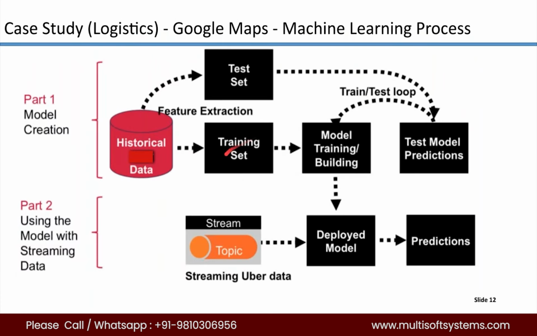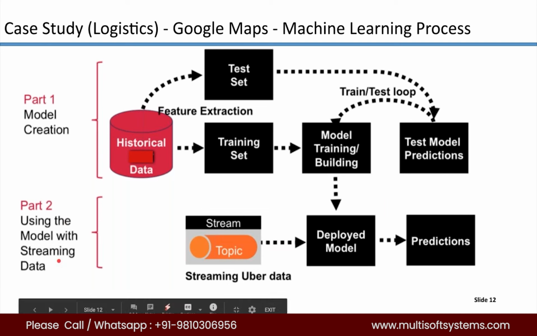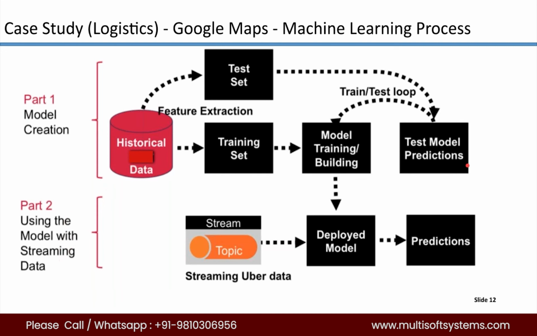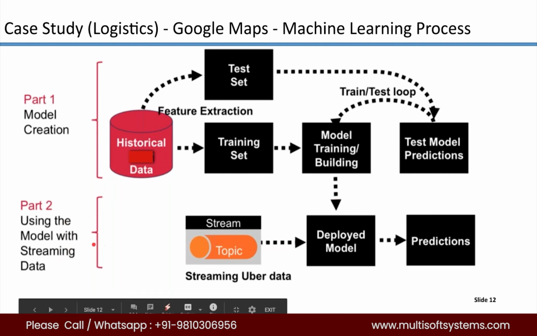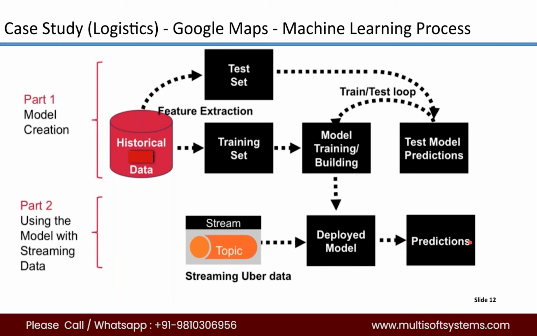Without getting too much into details, if you know a little bit about machine learning, this is the machine learning process. Right? Don't get too overwhelmed by this. You have historical data. Basically, it's in two parts. You do something with the historical data, you do something with the real-time data. With historical data, you build a model for prediction. With real-time data, you feed the real-time data into your model and you get predictions. That's simple. I'll repeat a little slowly. With historical data, you build a model, right, for prediction.